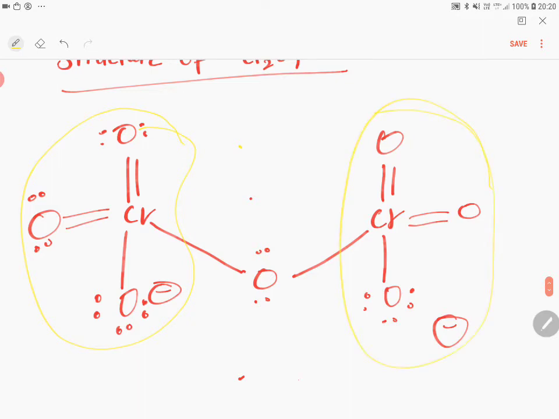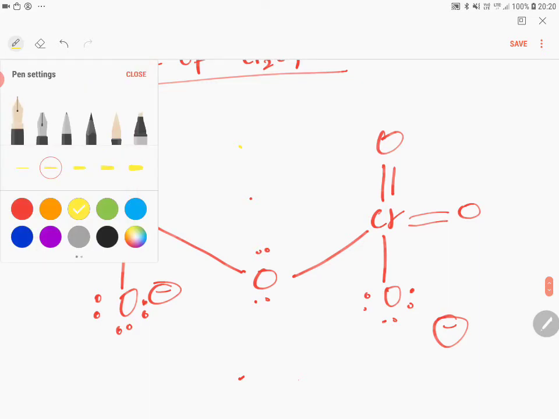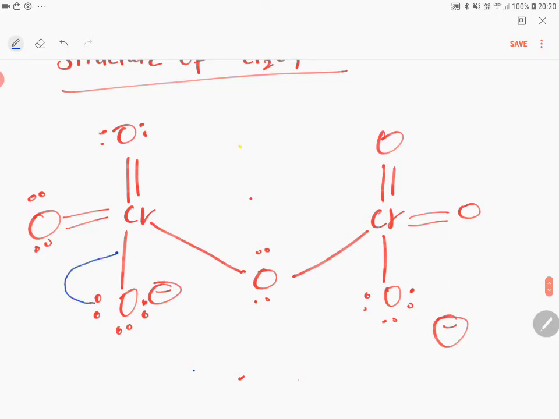What is the reason? The reason is very simple. The reason is resonance. How resonance takes place in organic chemistry, the same resonance you have to do here. Great. Okay, I'll show you. So the lone pair comes here, the pi bond gets converted to a lone pair. Now, when these electrons are transferring from oxygen to chromium, this is your ligand-like structure, and this is called intra ligand transfer.